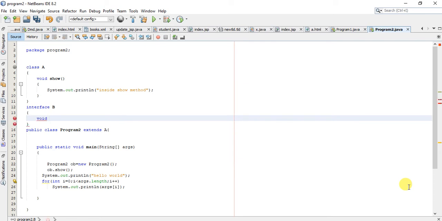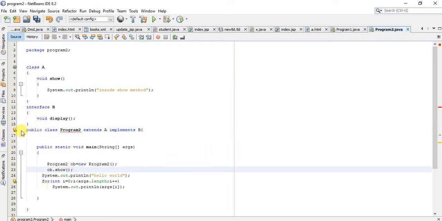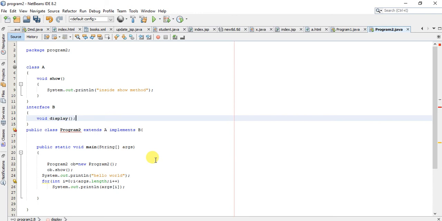Let us create a method void display. Now we cannot give the definition to this method. Okay, now multiple inheritance can be done using implements, like this, implements B. Now what is happening?